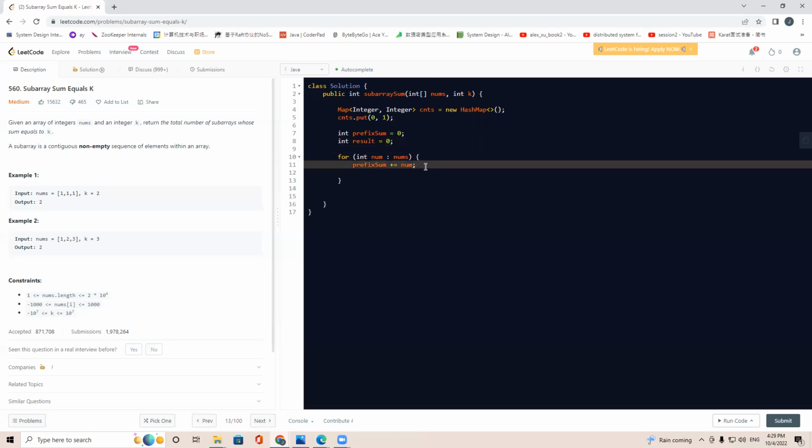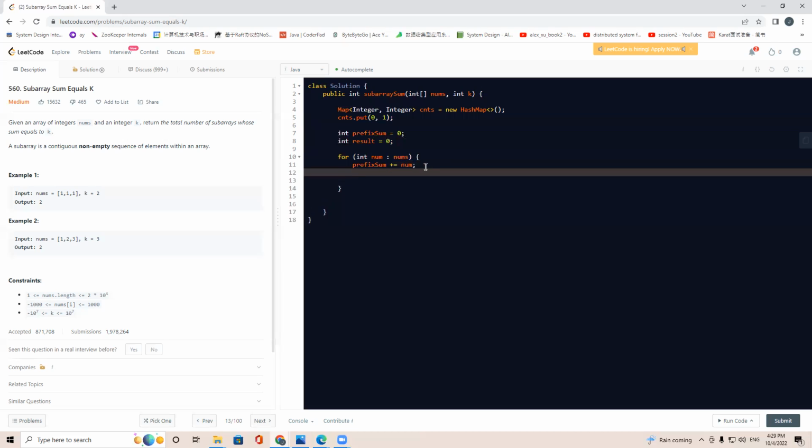So what I say is, if the map already contains the key, like current prefix sum minus k, that means we have the prefix sum